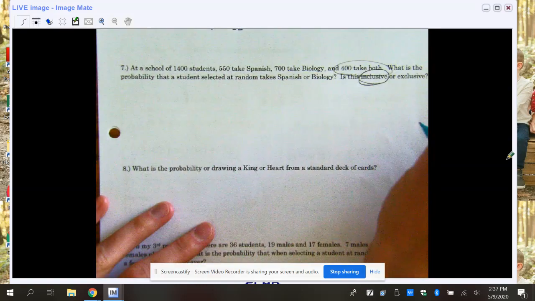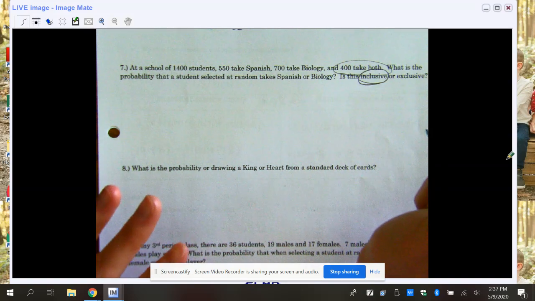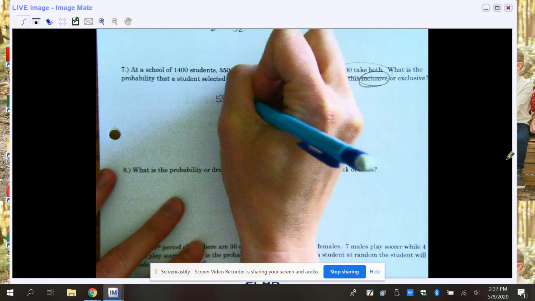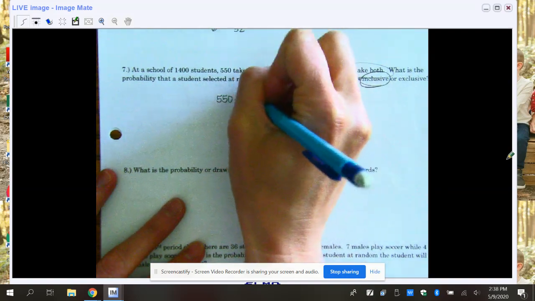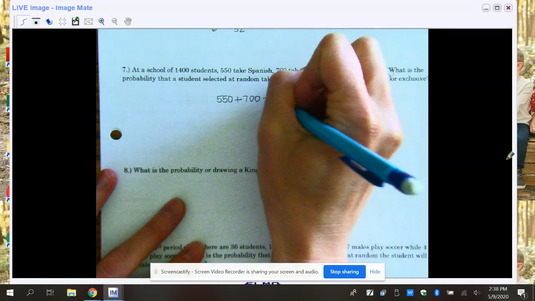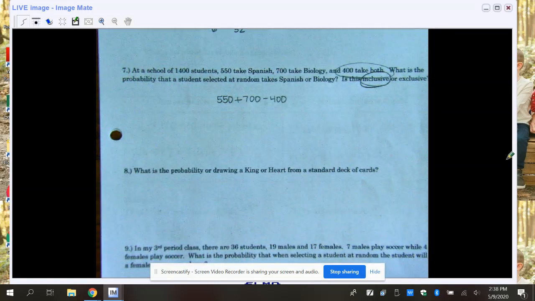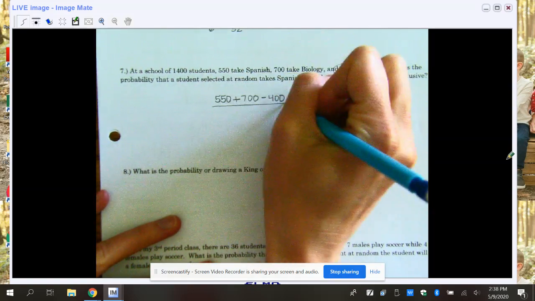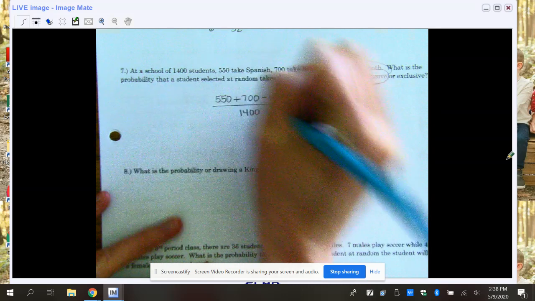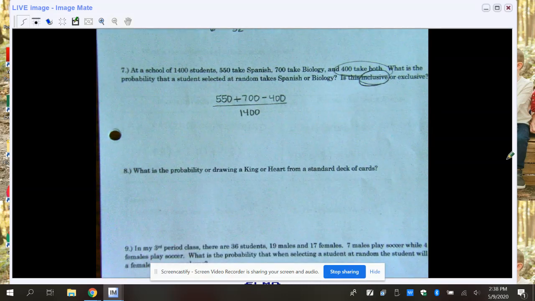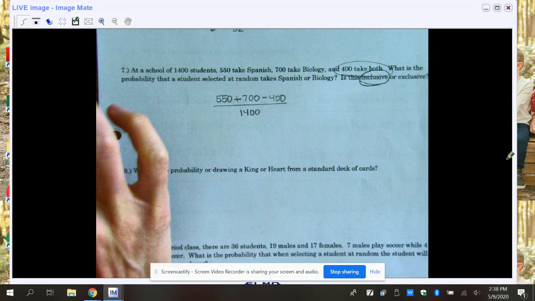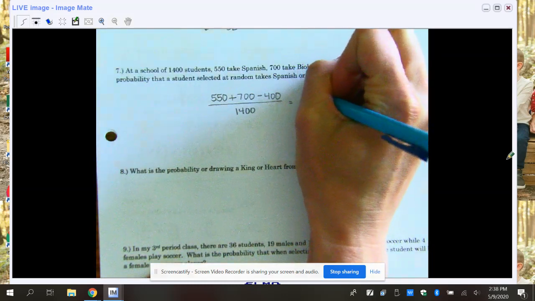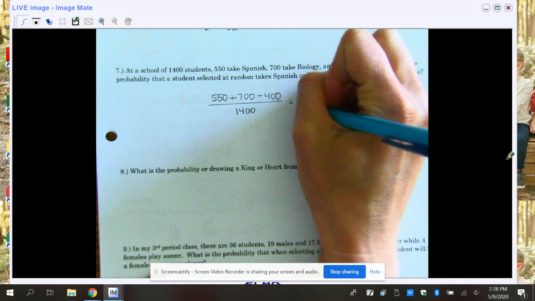So if I want to know the probability that one of these students takes one of these classes, I would take that 550 plus 700 and then subtract the 400 that take both. Now the denominator in all 3 of these is going to be 1,400, so I'm just going to go ahead and put that all under 1,400. So 550 plus 700 minus 400 is 850